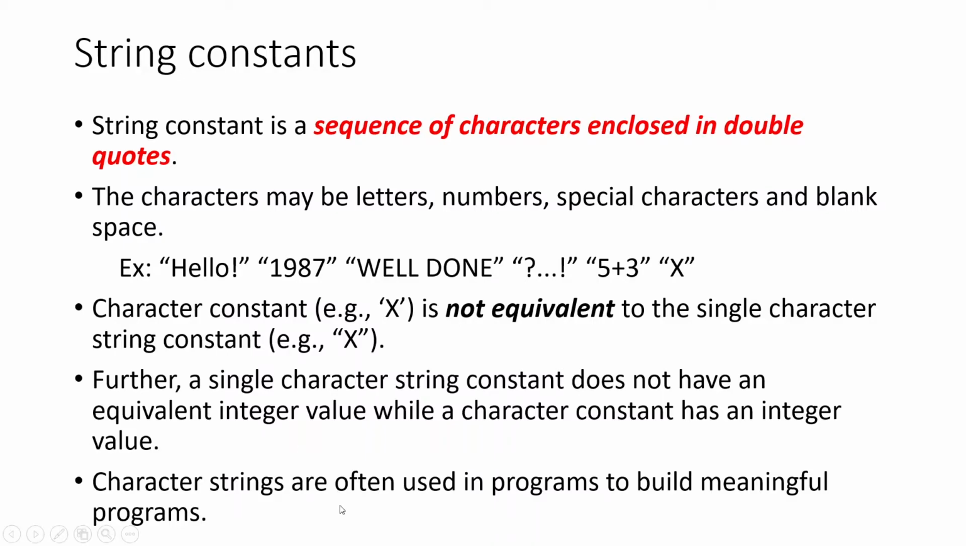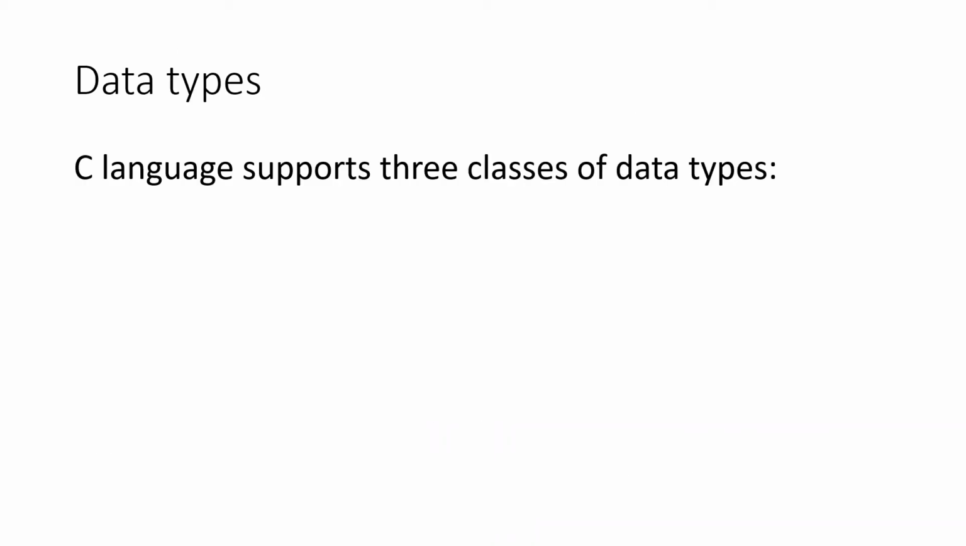And character strings are often used in programs to build meaningful programs. Like in a program, if we need to save the names of various subjects like physics, chemistry, it's a set of characters. So in such cases, we use string constants enclosed in double quotes. So we learned the basic different types of C tokens and different types of constants. Now we can check the